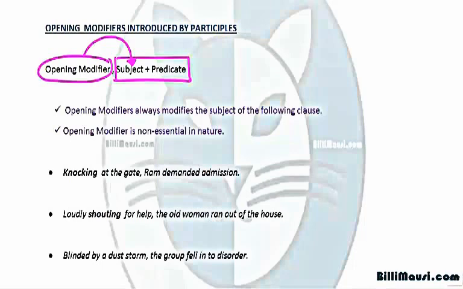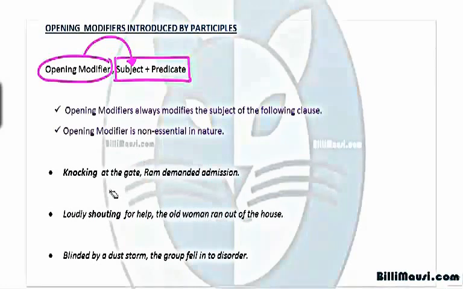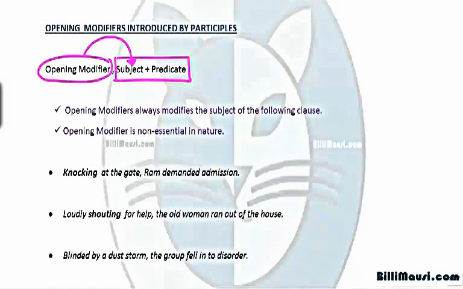Let's see how. Knocking at the gate, Ram demanded admission. If we remove knocking at the gate, we can still make sense that Ram demanded admission. But if we just have knocking at the gate, it does not make any sense. So knocking at the gate. Who is knocking at the gate? Ram is knocking at the gate. So knocking is modifying Ram. That who is the subject of the